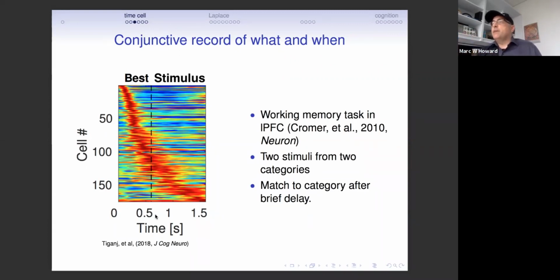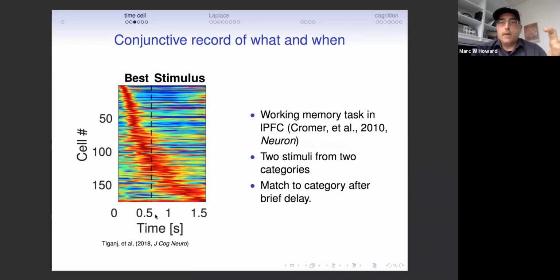To the extent we can decode which stimulus was at the beginning of the trial from looking at the firing rate during the delay, we can conclude that this population has information about what happened when, much like the different notes on the staff in the figure I showed earlier. So the first thing I want to establish is that there are time cells in this data set. I'm showing you a plot of the active cells during the delay interval as a function of time, and hopefully this looks to you similar to the previous such plots I showed with time cells before.